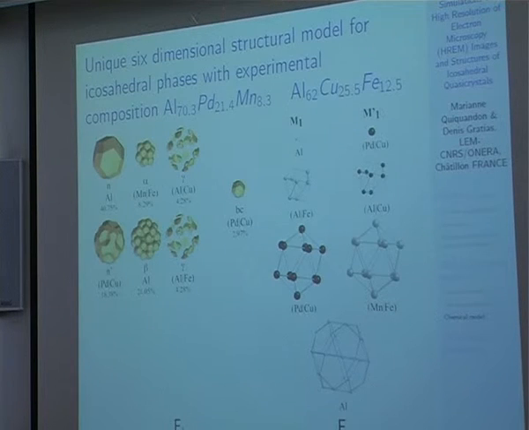This is a unique 6-dimensional structural model for the description of the icosahedral phases aluminium, palladium, manganese, and aluminium, copper, iron. On the left, in color, you have the chemical decoration of the atomic surfaces in perpendicular space, and on the right, in gray, you have the chemical decorations of one of the MM prime clusters